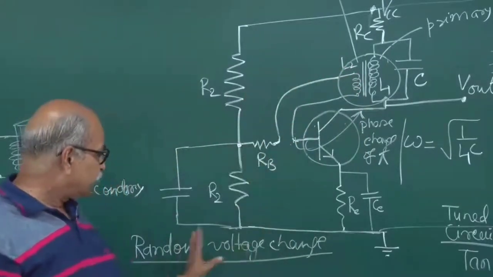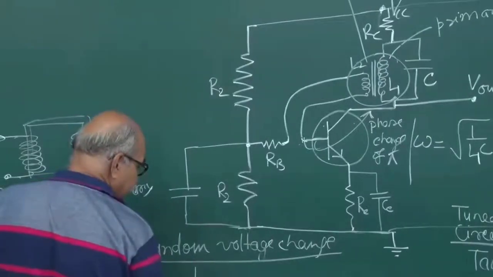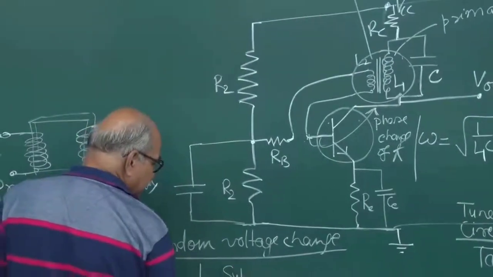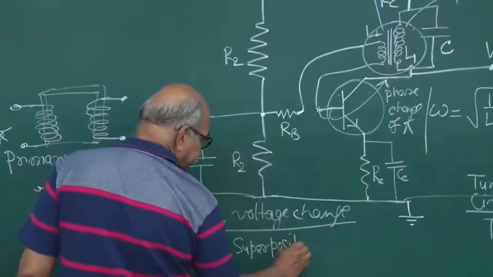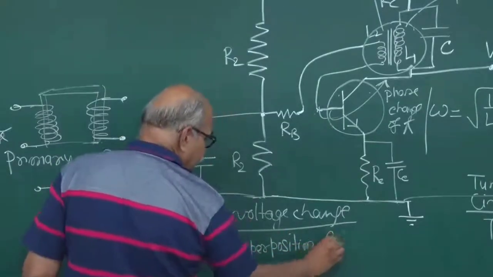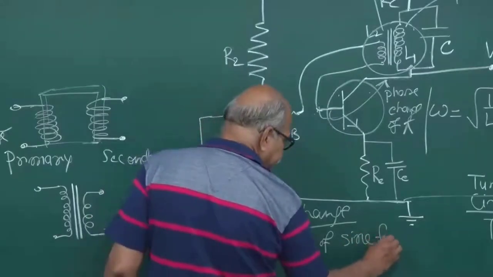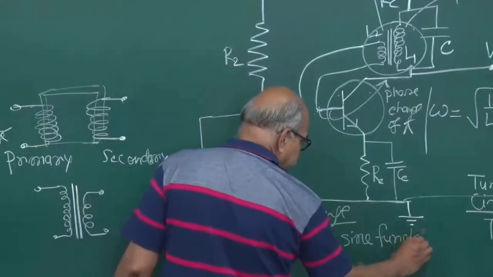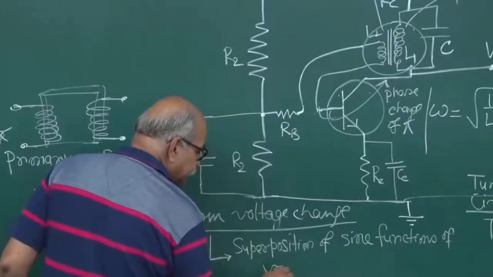So that is some kind of random voltage change, and that you can understand as a superposition of sine functions